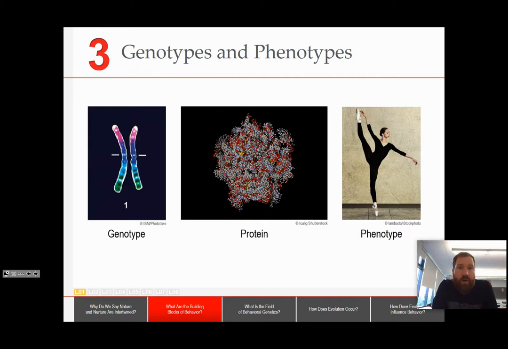So while every single cell in our body has our full set of DNA, not every cell expresses all those parts of the DNA at the same time. Some cells focus on one type or another, and the rest is just pretty much inactive most of the time. So in gene expression, one of the chromosomes unfolds, stretching out one of the genes. That gene is then used as a recipe for creating proteins, which then influence the phenotype.